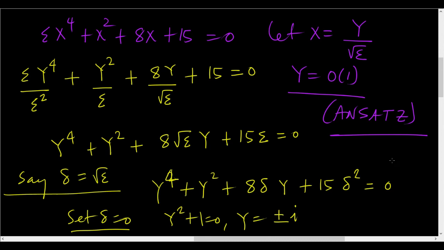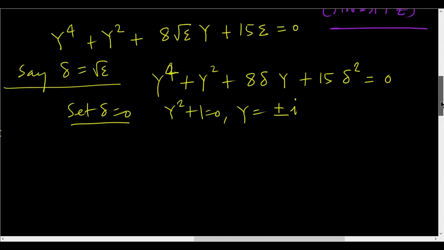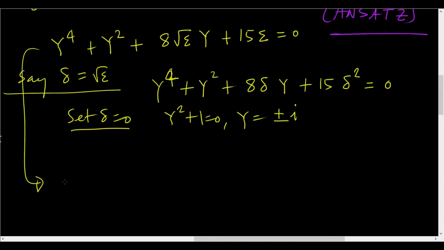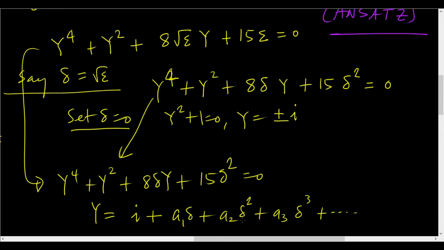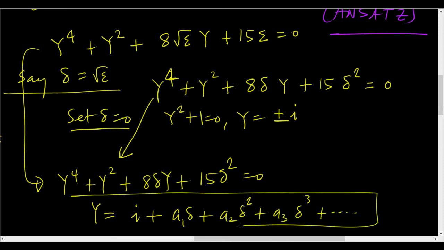and so now we will pose a complex series. So we will take this equation here, y to the power 4 plus y square plus 8 delta y plus 15 delta square equals 0. y is equal to i plus a1 delta plus a2 delta square plus a3 delta cube and so on, and then we will see what happens. Okay, so let's go back to Maple